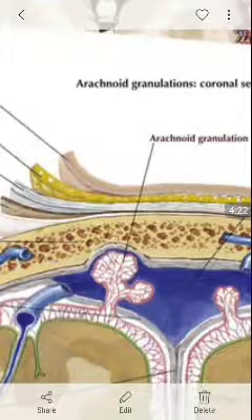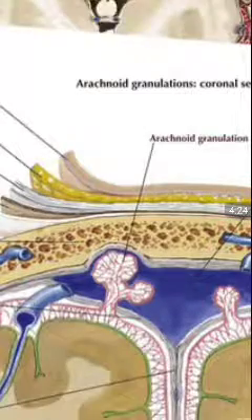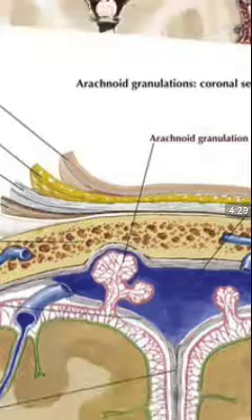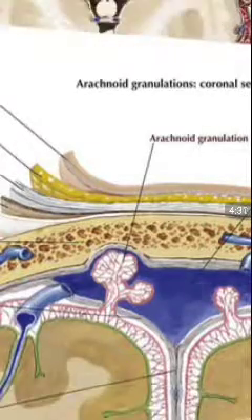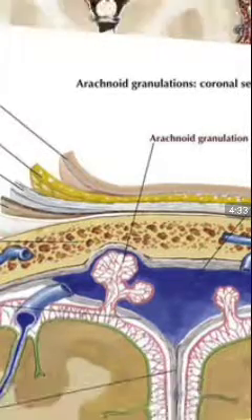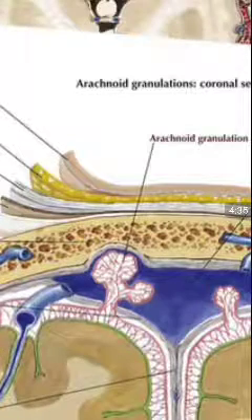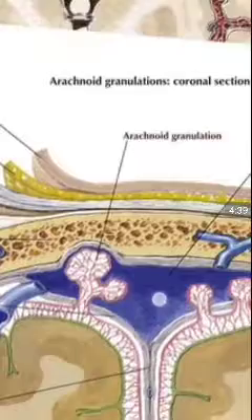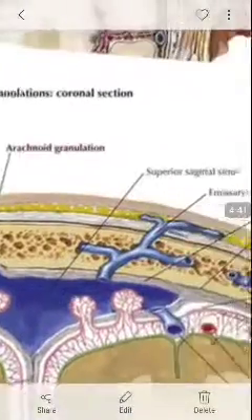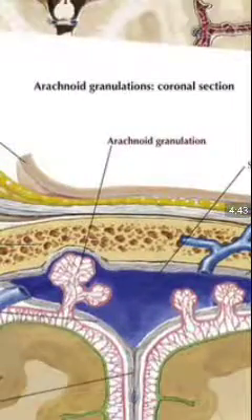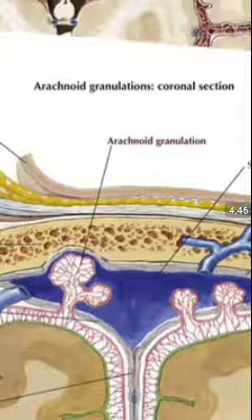The dural venous sinus has blood, whereas the subarachnoid space has just CSF. The pressure of CSF should be more than the pressure of the blood, so as a result the CSF drains into the dural venous sinus. If the dural venous sinus has more pressure than the CSF in the subarachnoid space, then